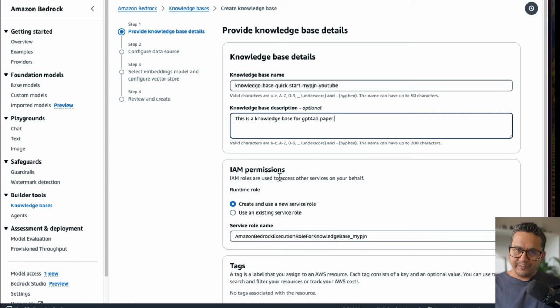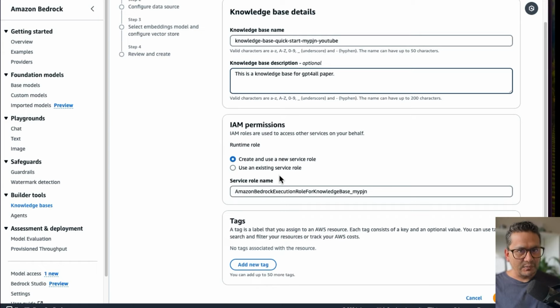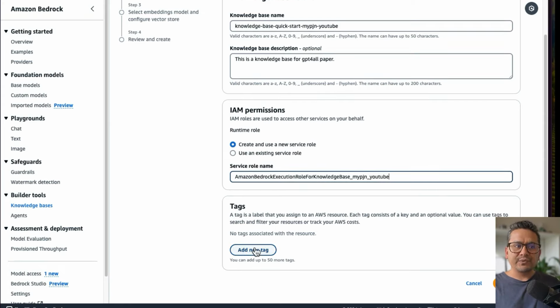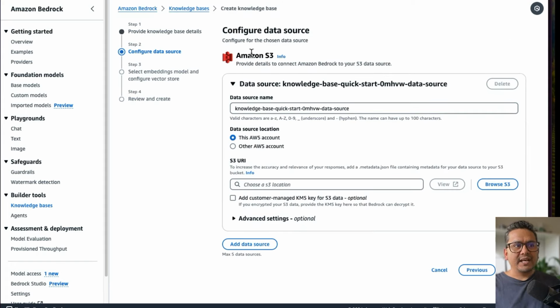And there is the IAM permissions that you need to have in AWS. I hope you know IAM kind of things. So I will be using here a new service, and the name is also already being created. Again, just for the purpose, I will give here YouTube, so I know what I am creating. So yeah, if you want, you can even give tags, so that in the future, if you want to look at some logs or whatever reason, you can just filter out via tags. But we don't need that. I will just click next,